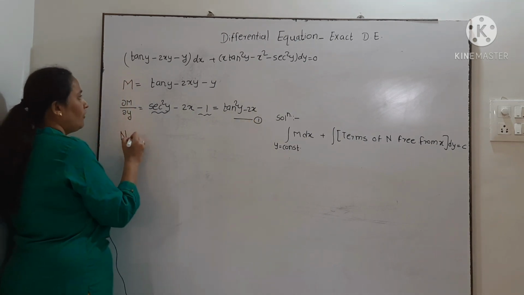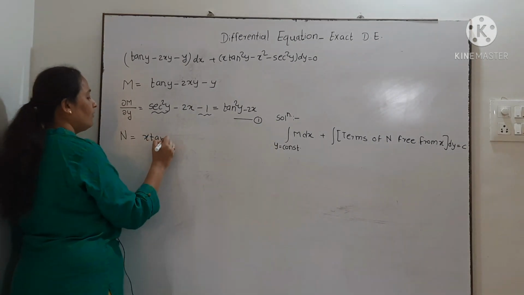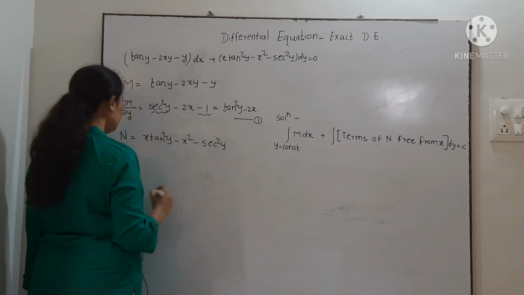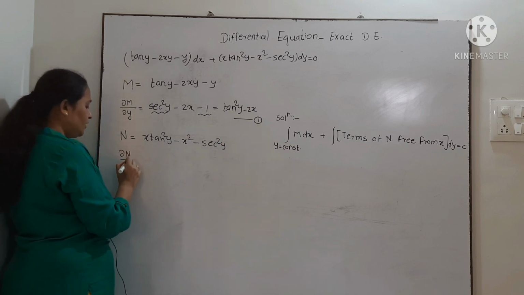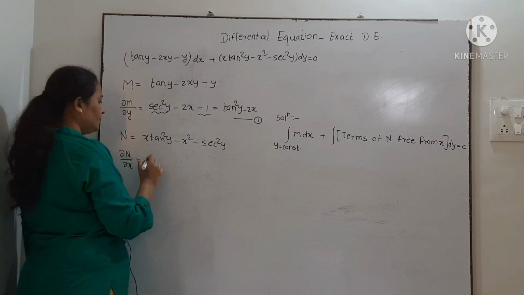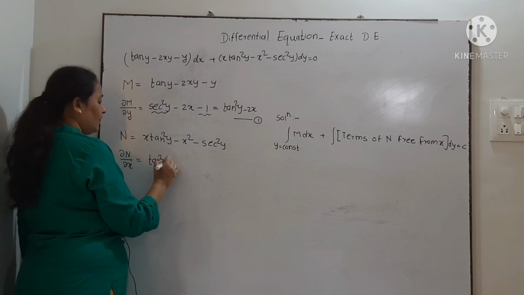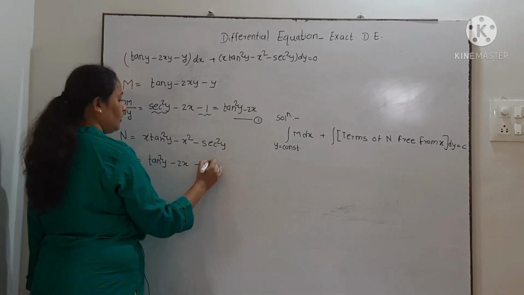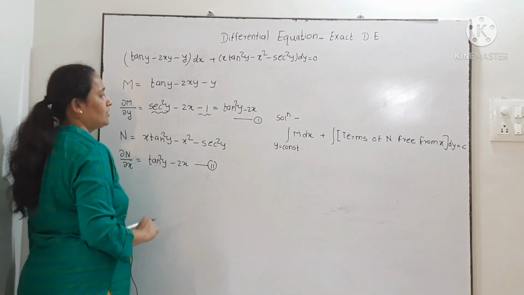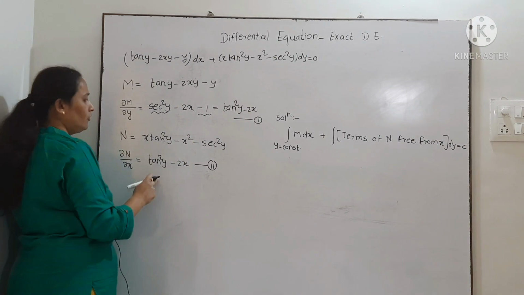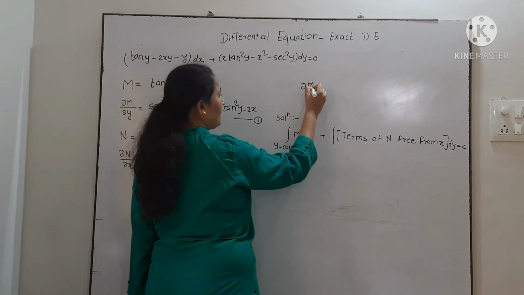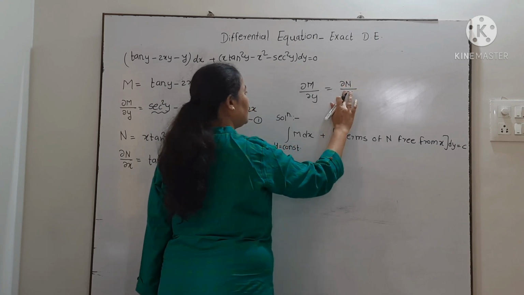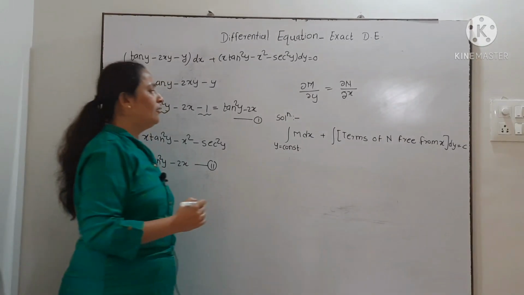Now we'll write down the value of N, that is x tan square y minus x square minus sec square y. Find its derivative with respect to x, that is ∂N/∂x equal to tan square y minus 2x. This will be constant. Derivative of constant is 0. When we differentiate with respect to x, y is constant. Now if you observe equations 1 and 2, you will observe that ∂M/∂y equal to ∂N/∂x. That means the equation is exact, and once the equation is exact, we'll find the solution